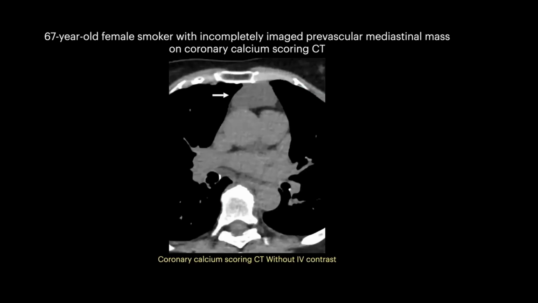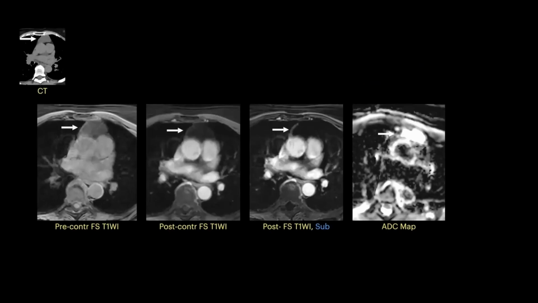Finally, in terms of case studies, I show you the 67-year-old female smoker with incompletely imaged prevascular mediastinal mass on coronary calcium scoring CT. Looks like a cyst. In this case, it was a cyst on MRI. Note the lack of restricted diffusion, not that we needed that. There was no internal enhancement, just some thin smooth wall enhancement, and there's a little misregistration on the subtracted image there,